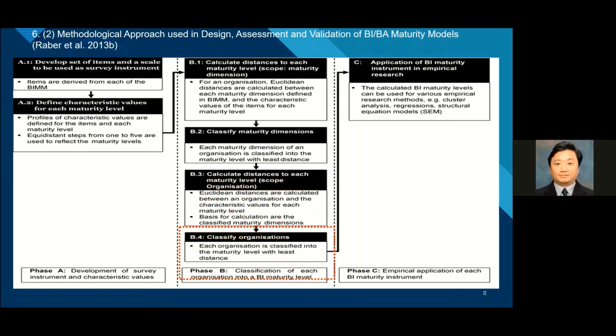And then finally classify each organization into the maturity level with least distance. The calculated BI maturity levels can be used for various empirical research methods such as cluster analysis, regression, and structural equation models.